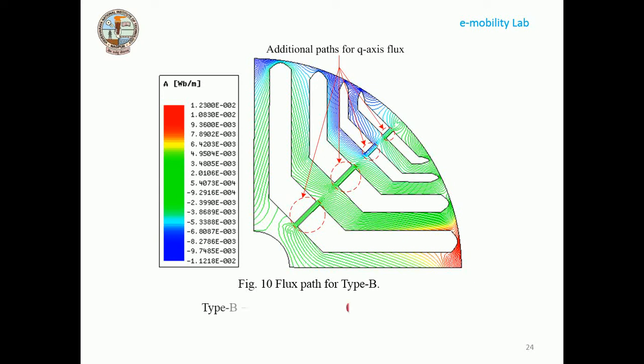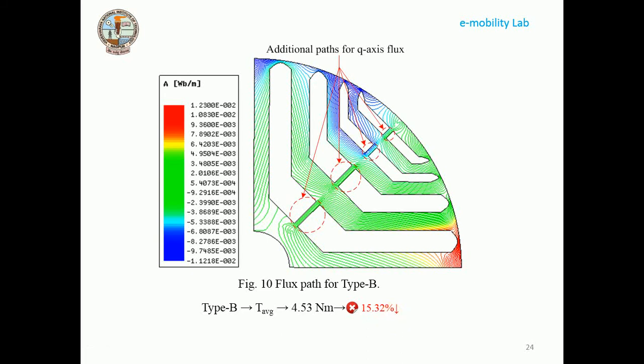Now what is the idea? Because of this flux, the torque is decreased by about 15% of its original value. The original value is 5.35. With these radial ribs of 1 mm, how much are we getting? We are getting around 4.53. So we have a 15% decrease in torque.